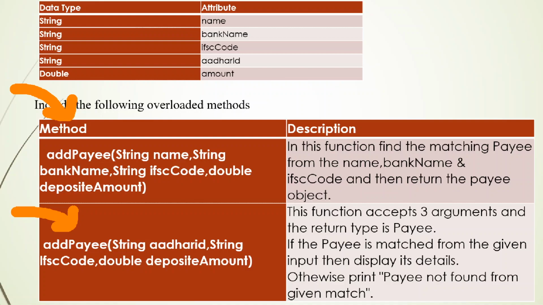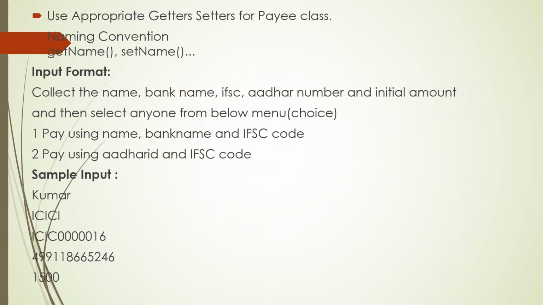If the payee is matched from the given input, then we need to display the details. If the payee is not matched with these details, we need to print payee not found from the given match. Then use appropriate getters and setters for the payee class, and if there is any necessity, you can include constructors also. This is the input format: